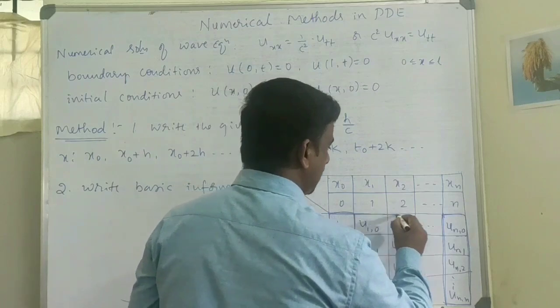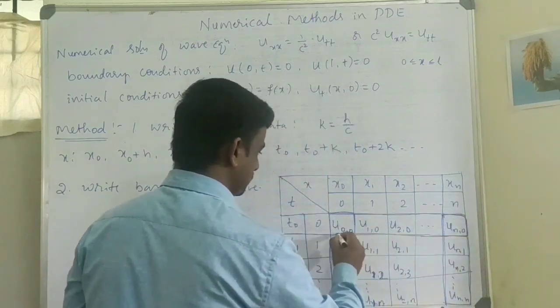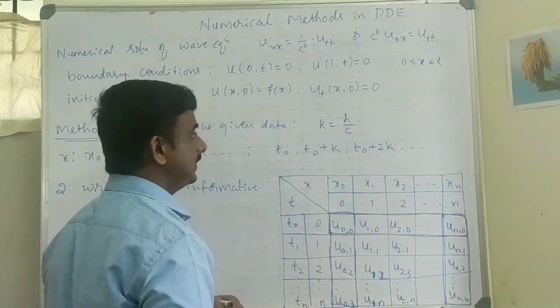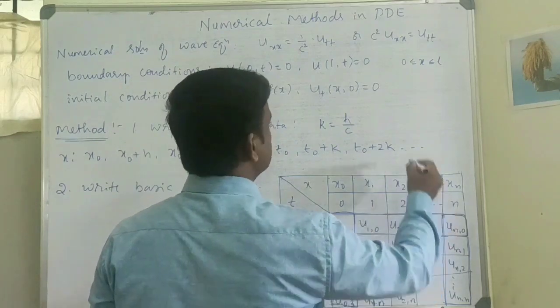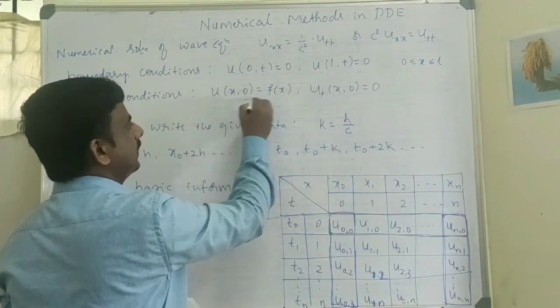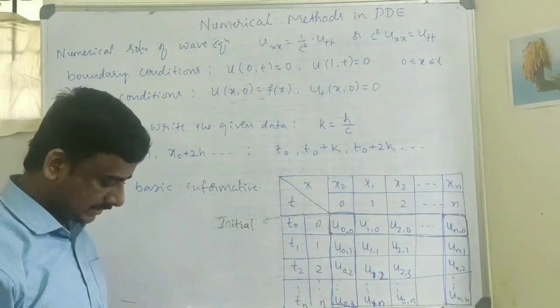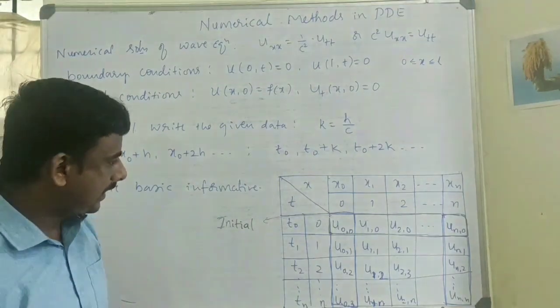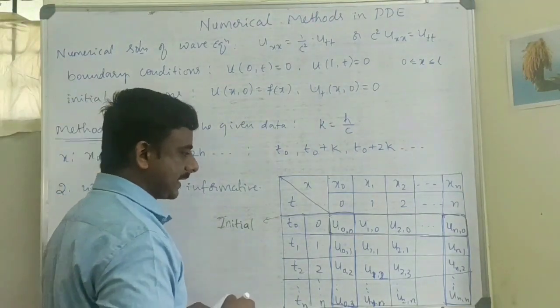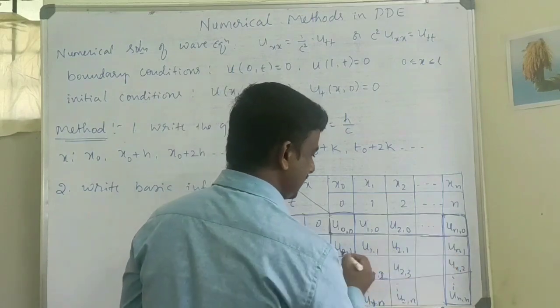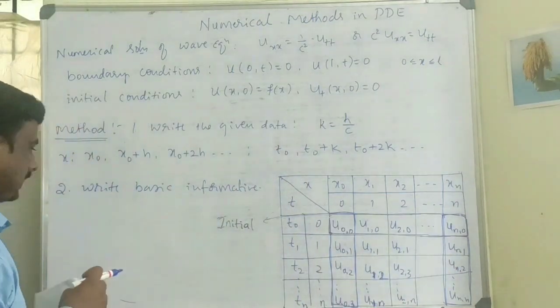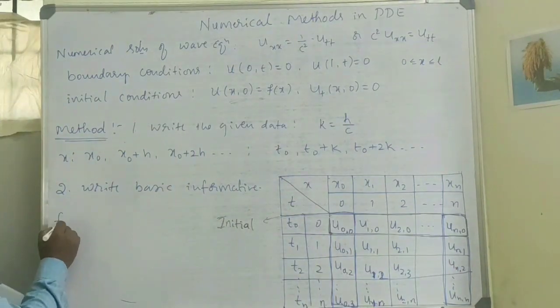And to find the value of this row, we have to use the initial condition. Then to find the entries in this row, for the second row,